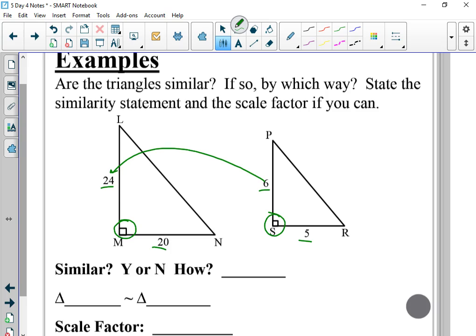If we go 6 to 4, it's times 4 if we're going this direction. If we're going this direction, it's 1/4. Well, what about 5 to 20? Same thing. 5 times 4 is 20. 20 divided by 4 is 5. So yes,